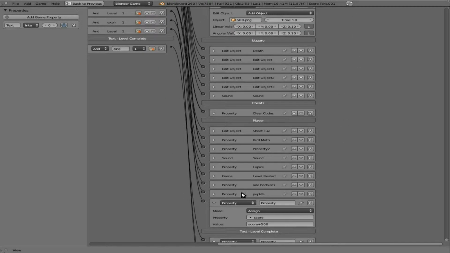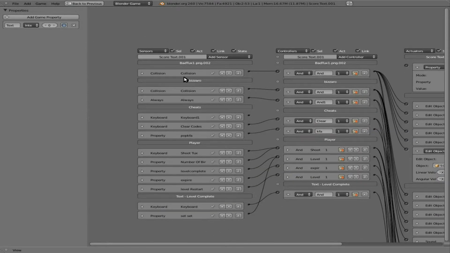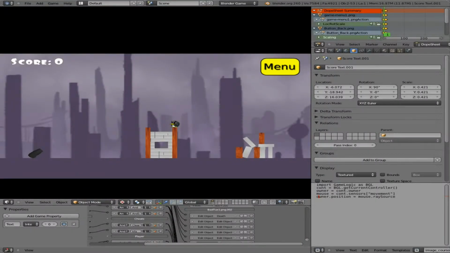And if we look down here, we have this. We can follow that up to where he dies. So bird collision, and then we should just be able to connect that to here. And control down arrow. Now, if we press P and we shoot, if I actually hit him, there you go. You can see our score equals 500 up there. And I'm going to hit